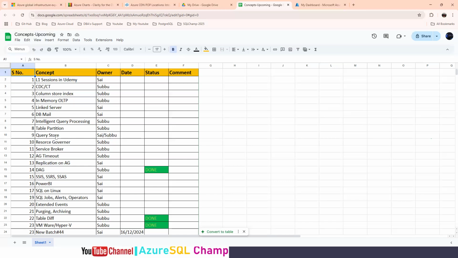Because it's very difficult to fit all these sessions into the training. I'm not getting enough time, and we are already spending almost 3 months. If I add these also, it will be almost 4 to 5 months to complete one batch. No one will show interest; after 1 month itself, maximum people will drop. For that reason, these have been separated. This will be in public only.